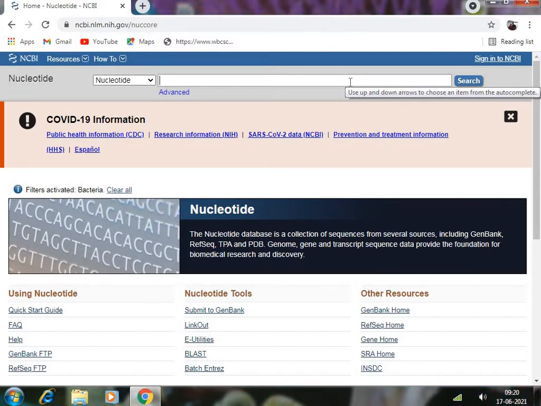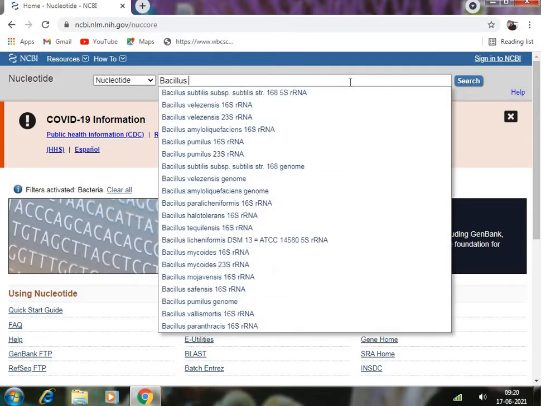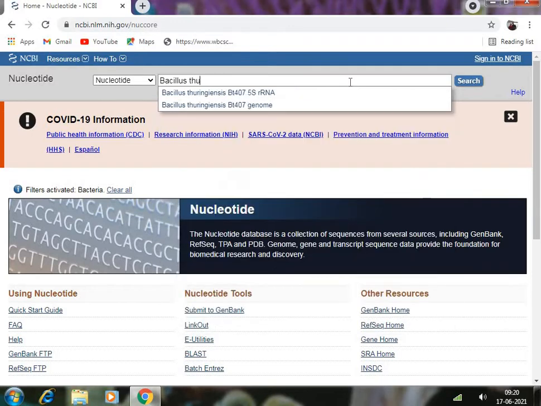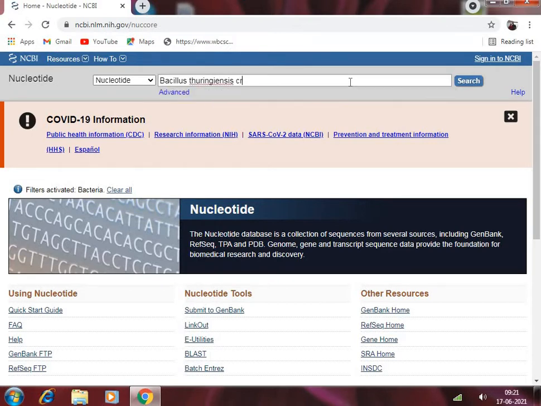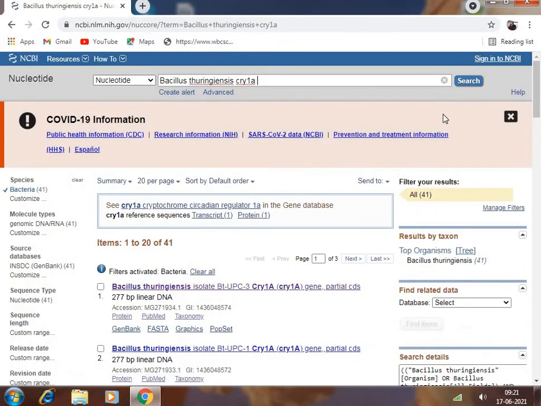Say I am choosing Bacillus thuringiensis Cry1A gene. I need to amplify this Cry1A gene, and this is a very important gene for the development of the Bt toxin. So I am going to click the search engine, and after making the search you have to consider